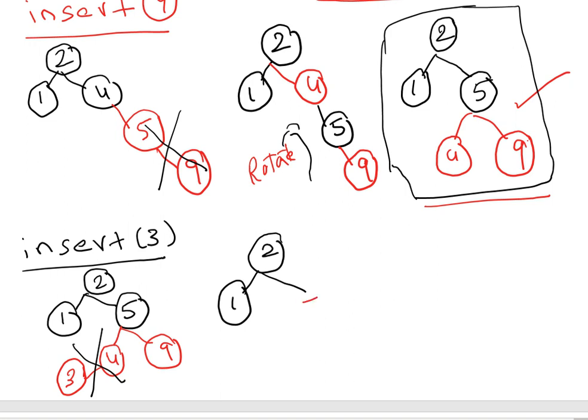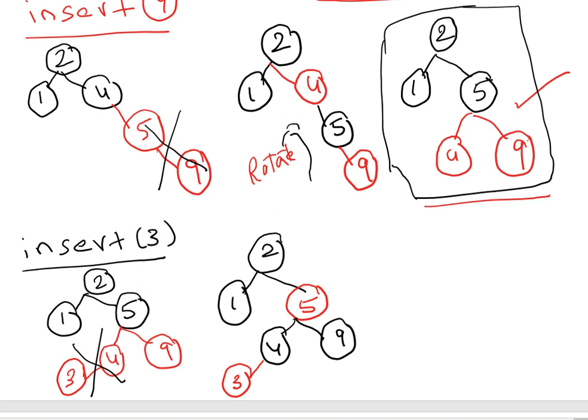Let me change it to red. And a red node should have 2 black nodes, so I am making it black. And I am again making 3 red. See, in this case, I am not doing any rotations. I am just changing the colors.